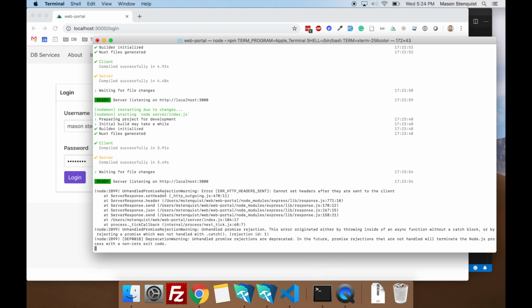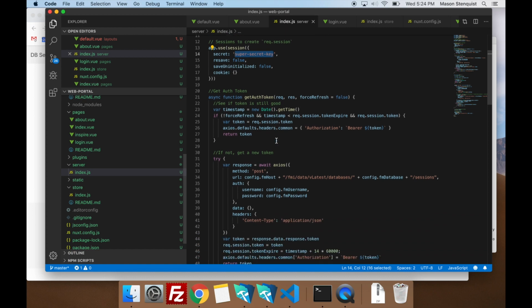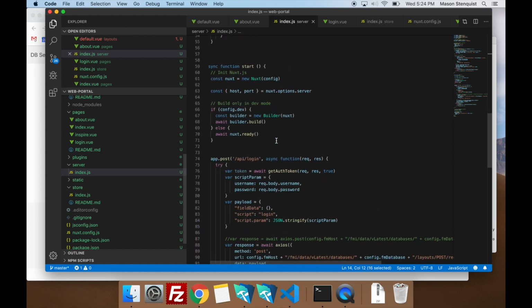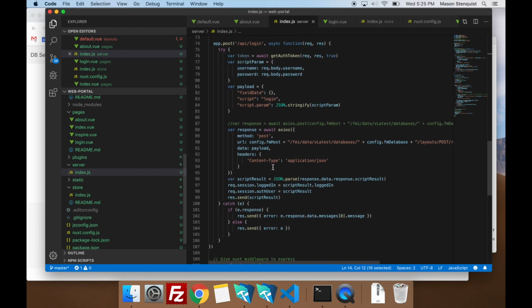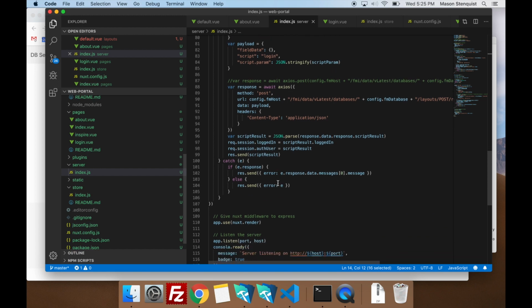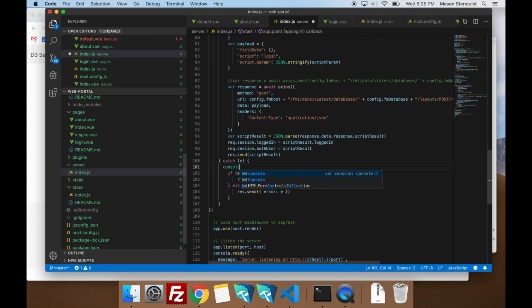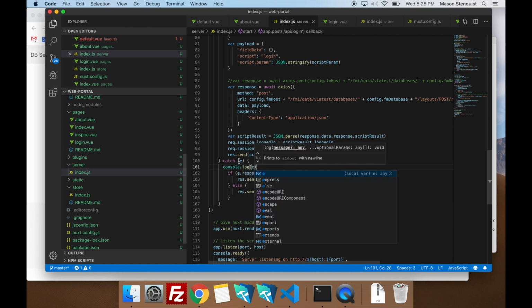So yeah, this is going to happen when you're doing web dev. It's good to know kind of where to look, and it usually gives you some clues. So in this case, we only have one server file, so I know it's somewhere in here we've got a mistake. Let's just kind of follow it. So when we try to log in, we're gonna grab this and try to log in and run a script. So let's go ahead and do this. Let's console.log our error variable here.